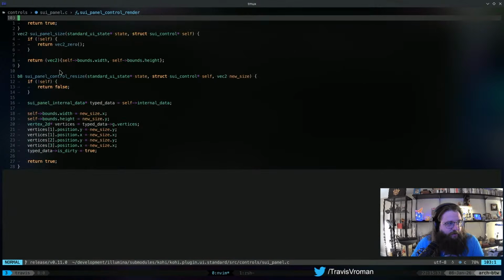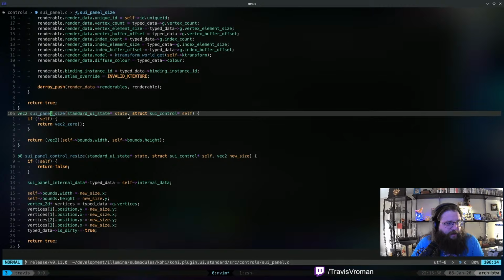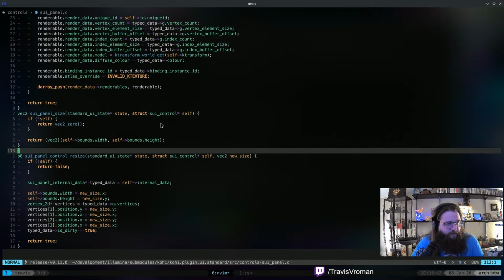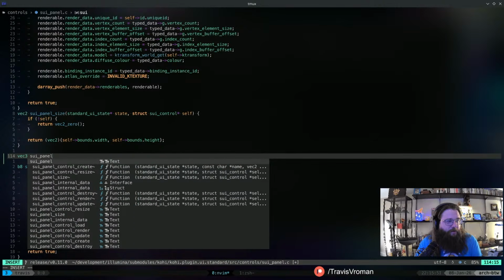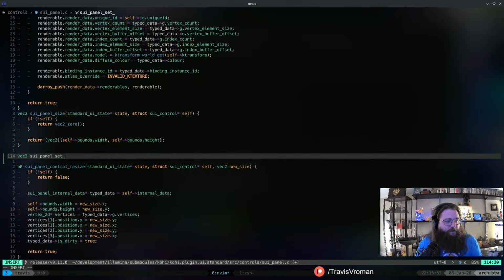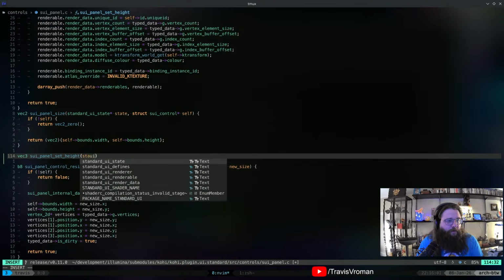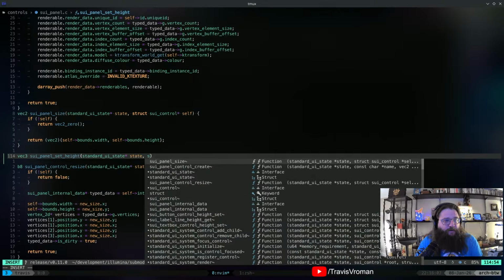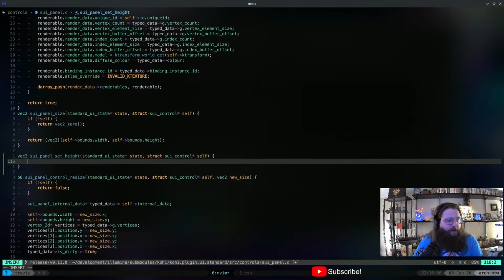So let's see. I guess we can put SUI panel size. So that just returns the size. Let's actually do SUI panel set height. Right, and we'll do standard UI state, struct SUI control self.